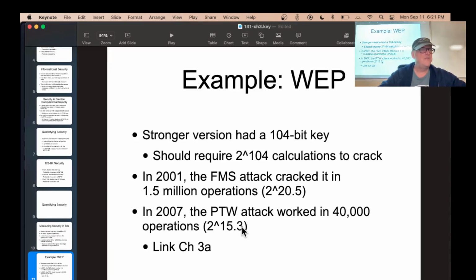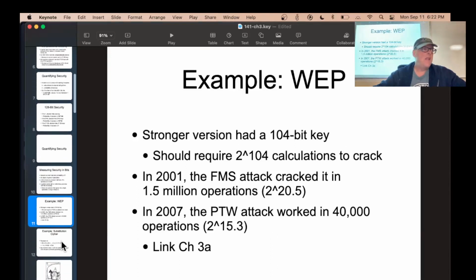and later on they got it down to 2 to the 15, which is why it's ridiculous, and I used to have this in my security classes where people practice cracking WEP. It doesn't matter anymore. Now pretty much everybody has abandoned WEP, but this is why. It came out in 2000 or so, and within a year they found a weakness, and then they found more weaknesses and more weaknesses. So even though it has 104 bits, it's really only giving you 15 bits of security, which is not enough at all. Even just an ordinary home computer can quickly crack it. That's because the key is long enough, but the algorithm has weaknesses, so you don't really have to try every key.